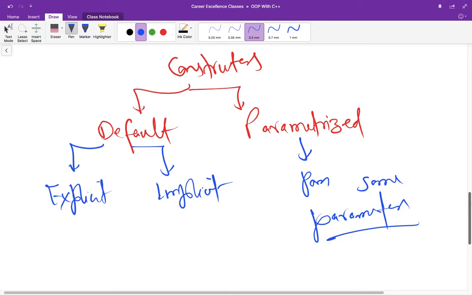I am Deepak Kunyal, and if you remember my previous tutorials, I have discussed constructors. So we discussed two types of constructors. One is default constructor, another is parameterized. And in the default constructor, we discussed that one is explicit and another is implicit. Implicit is defined by the compiler itself, and explicit we define as a user, right? So now we are going to discuss the constructor which has default arguments.